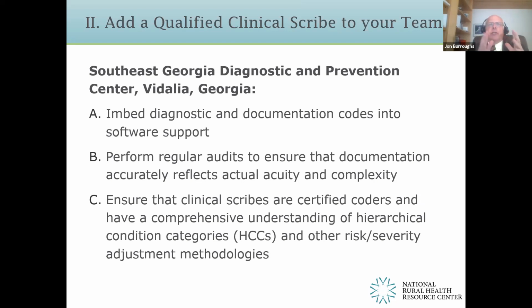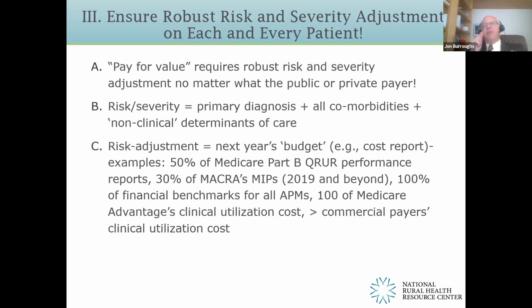Okay, ensure robust risk and severity adjustment for each and every patient. Pay for value requires robust risk and severity adjustment. It doesn't matter who the payer is. Now, how do you calculate risk and severity adjustment? Risk and severity equals the primary diagnosis, why the patient's here, plus all, I'm going to underline all comorbidities, plus